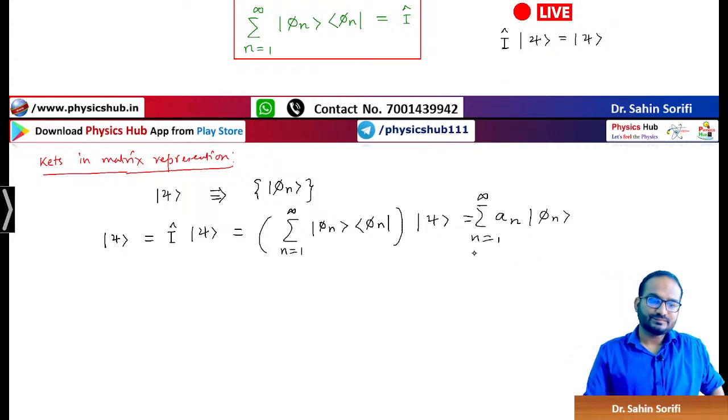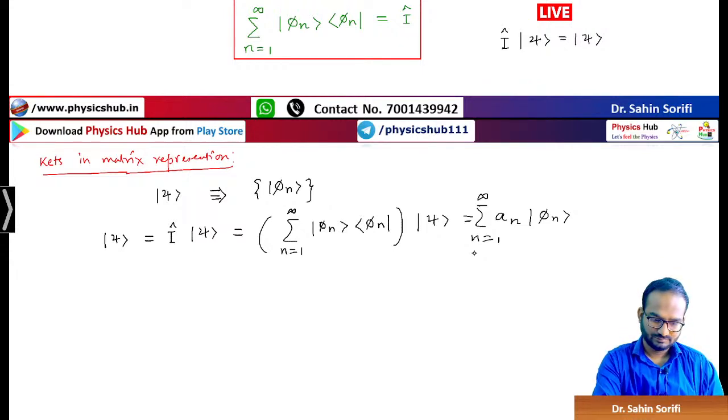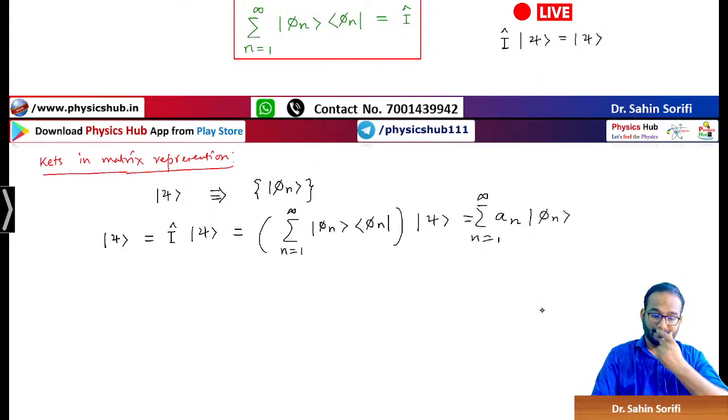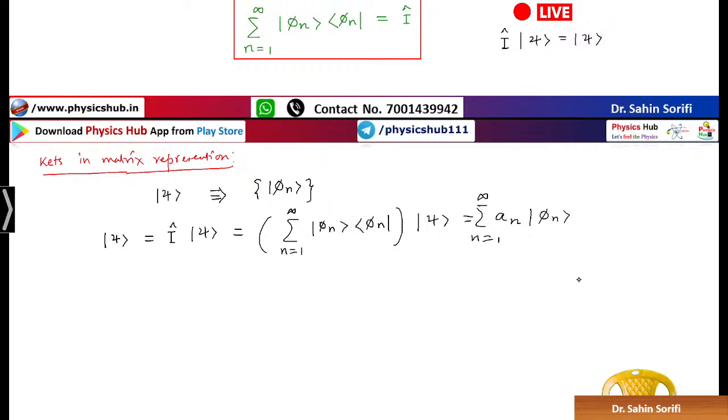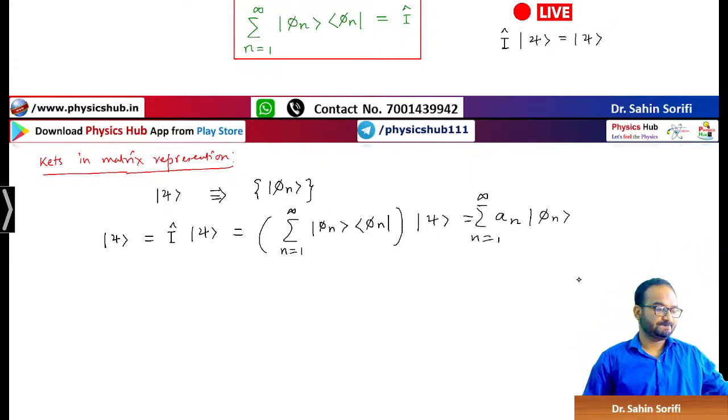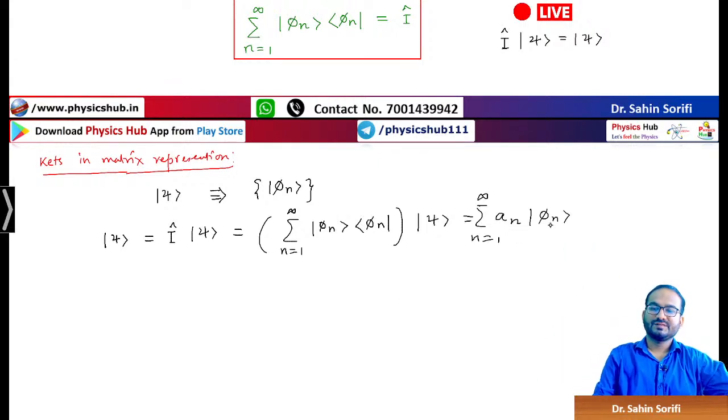Anyone? This is a n phi n, where the coefficient